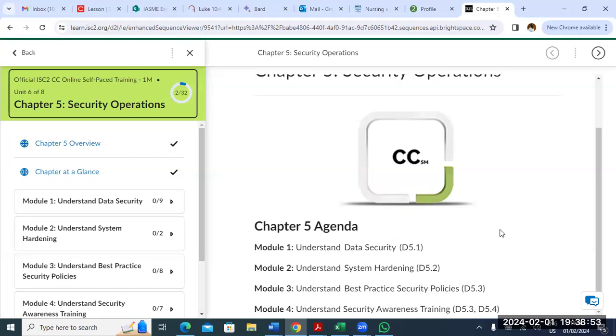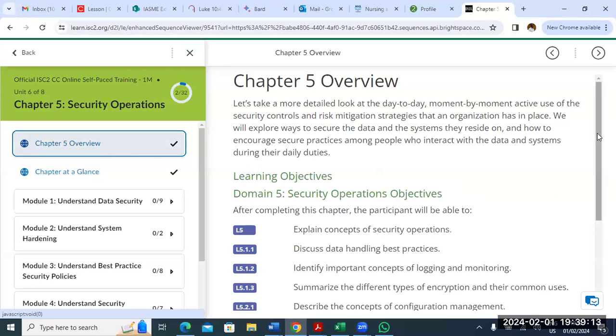System hardening, we look at it. When you're talking of system hardening, I think we're just talking to be sure that everything is up to date. Then best practice for security policies, and also awareness is ongoing. Security awareness training is constantly going on in all the sectors. Looking at ways to secure the data and the system they reside on, how to encourage secure practices among people who interact with data and the system during their daily